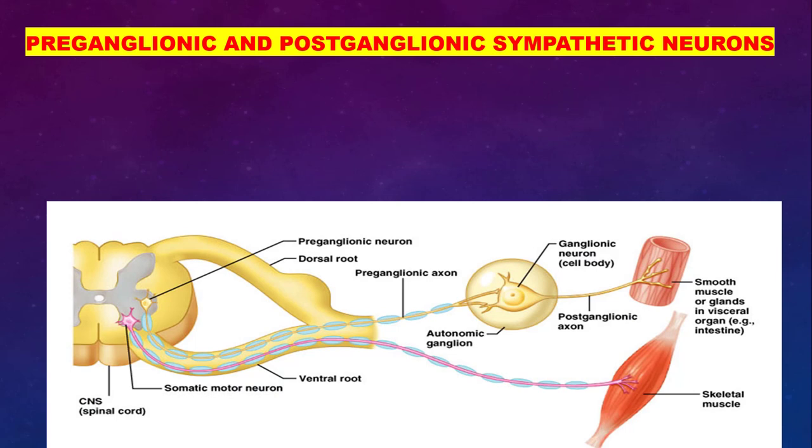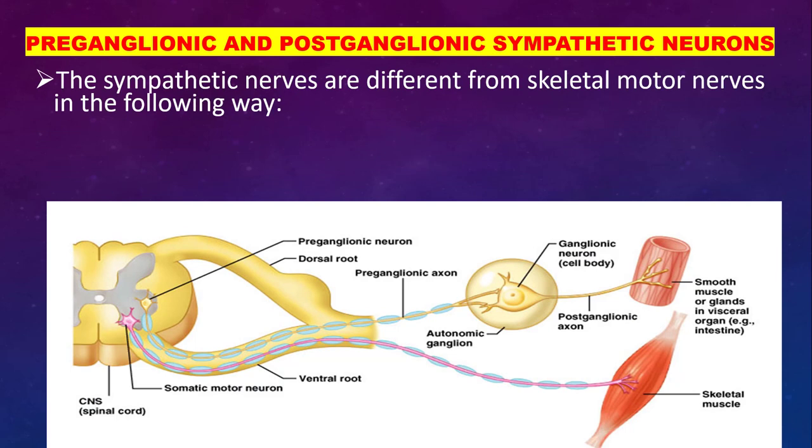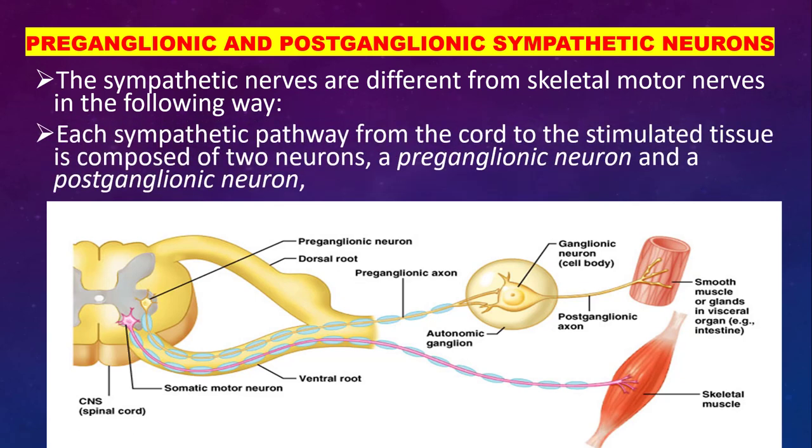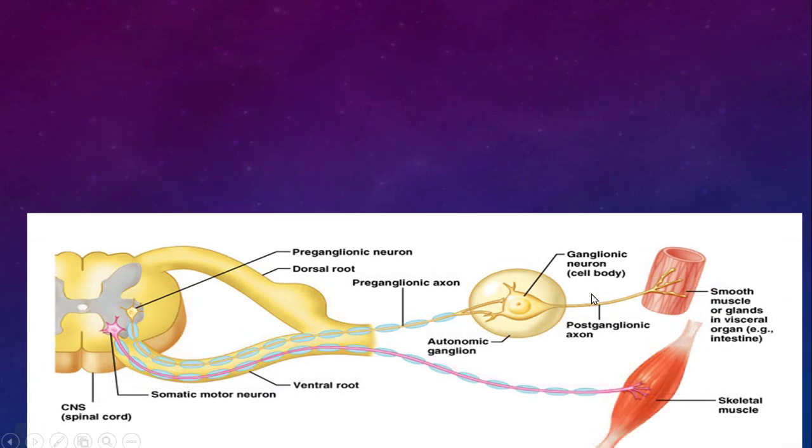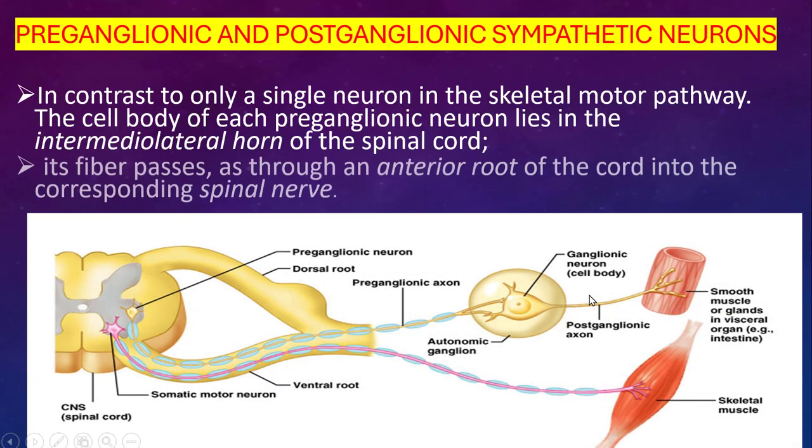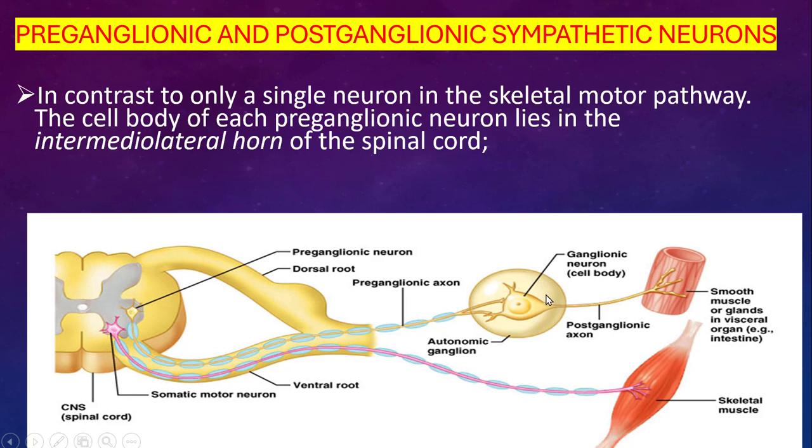The sympathetic neurons are different from skeletal motor nerves in the following way. Each sympathetic pathway from the cord to the stimulated tissue is composed of two neurons, a preganglionic neuron and a postganglionic neuron. This is the preganglionic and this is the postganglionic neuron. In contrast to only a single neuron in the skeletal motor pathway, the cell body of each preganglionic neuron lies